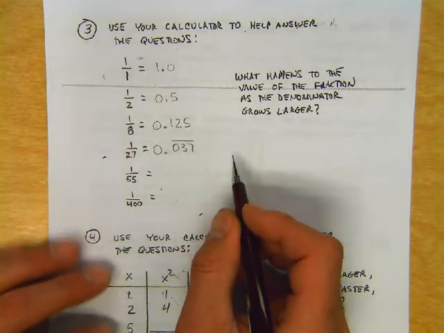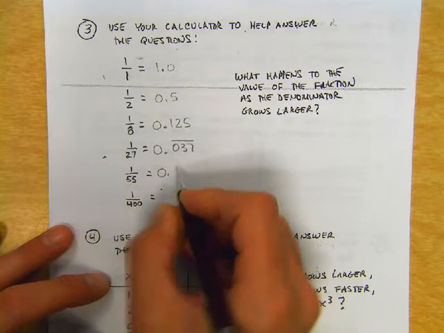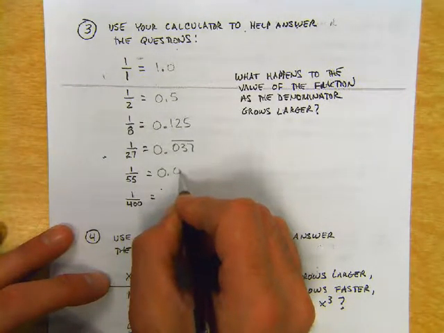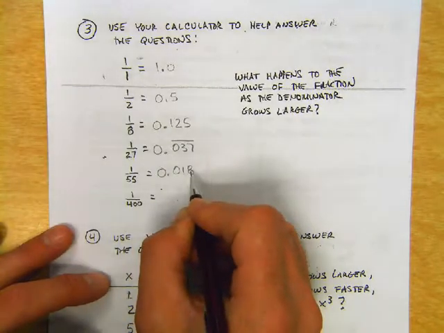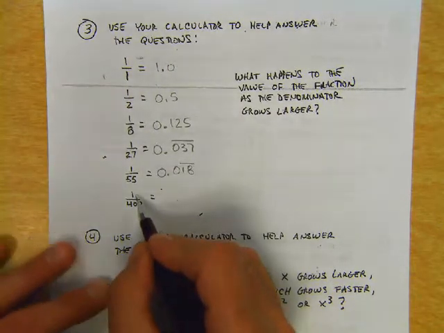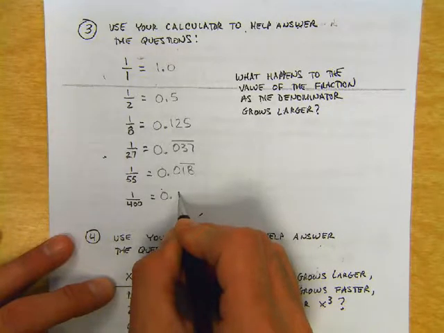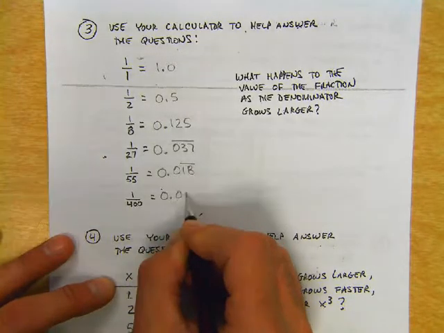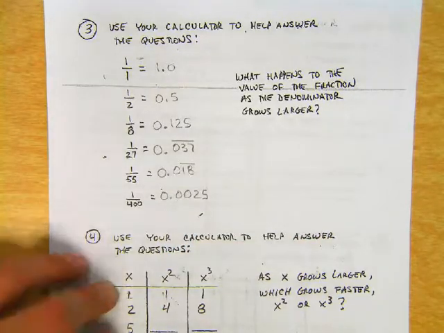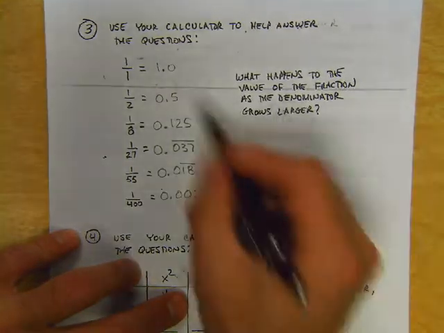Okay. How about 1 over 55? 0.18? And then 1/8 keeps repeating? Okay. And 1 over 400, 0.0025. Okay, very good. So the reason that we're doing this is to get something visual to look at to